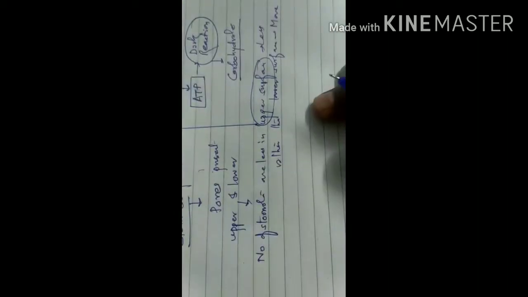Why does this happen? Because if the number of stomata is higher in the upper surface, more water is evaporated from the leaf through evaporation. To avoid this, the number of stomata in the upper surface of the leaf is lower than in the lower surface. In the lower surface, the count of the stomata is higher. This is the concept due to which more stomata are present in the lower surface rather than the upper surface.